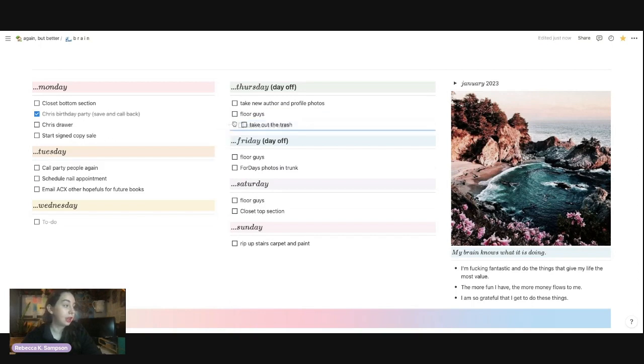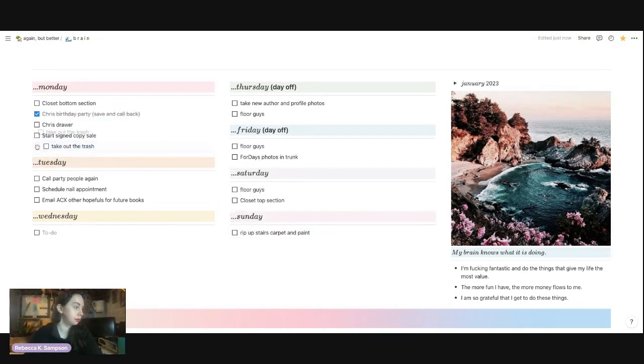or I ghost it. Let me tell you about my ghosting process. So this take out the trash, I don't need to take out the trash. My husband takes out the trash. So if I don't need this, or if it's been here for too long, I did this actually yesterday. There was something that I had on my week view that for 4 weeks I said I was going to do, and I didn't do it. So that made me decide it's not actually that important, or it's not timely. I don't really need to think about it right now. I can think about it another time. So I was like, clearly this isn't actually a priority for me.